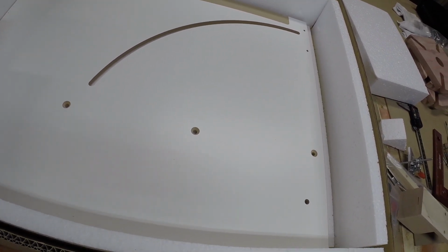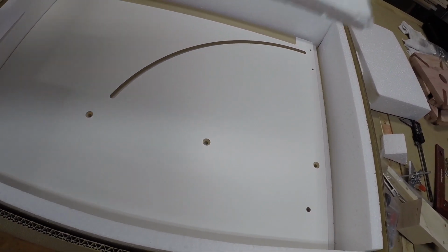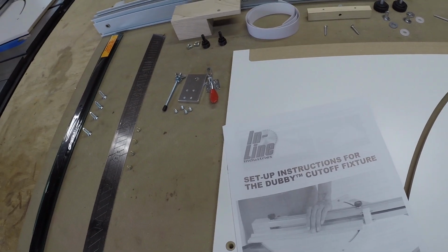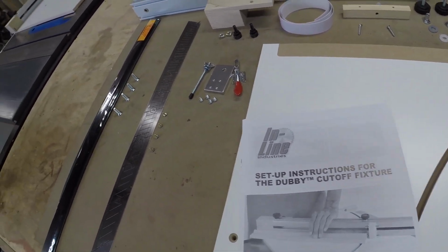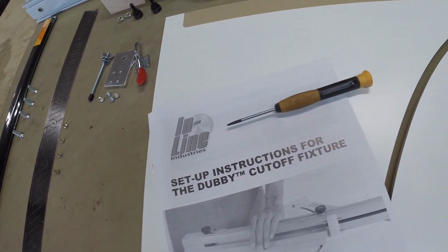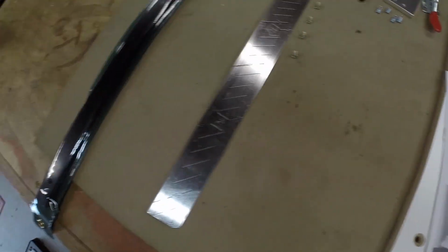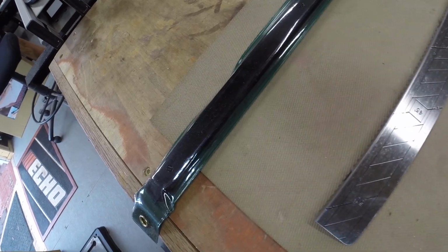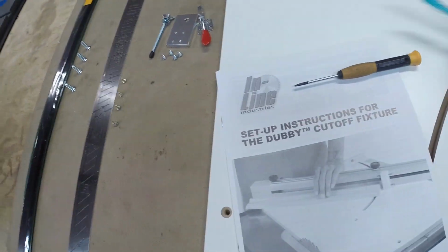I'll get this all apart, get everything laid out, and then I'll come back and we'll continue the video. As far as tools are concerned, it doesn't take a lot of tools to do this. I basically used a small flat-bladed screwdriver that was used to adjust the ball bearings on the side of the plungers, if you will, on the side of the miter bar. A pencil,